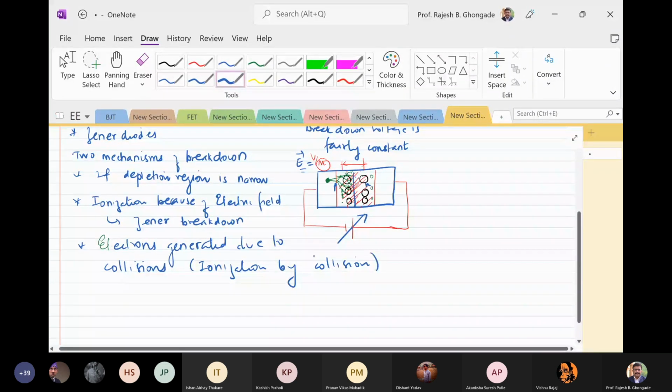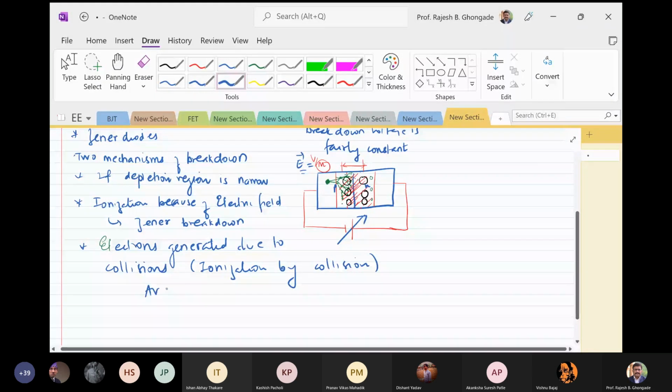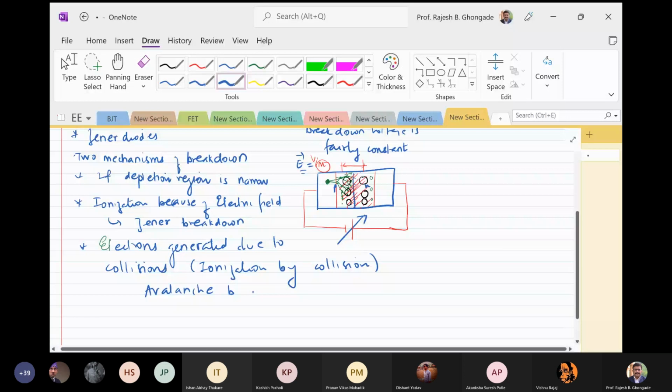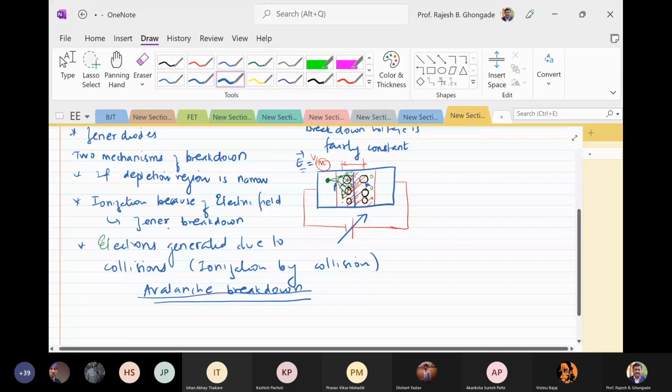And this is called avalanche breakdown. So we have two different mechanisms, Zener breakdown and avalanche breakdown. Remember, the two mechanisms are different or separate. Now, avalanche is generally created